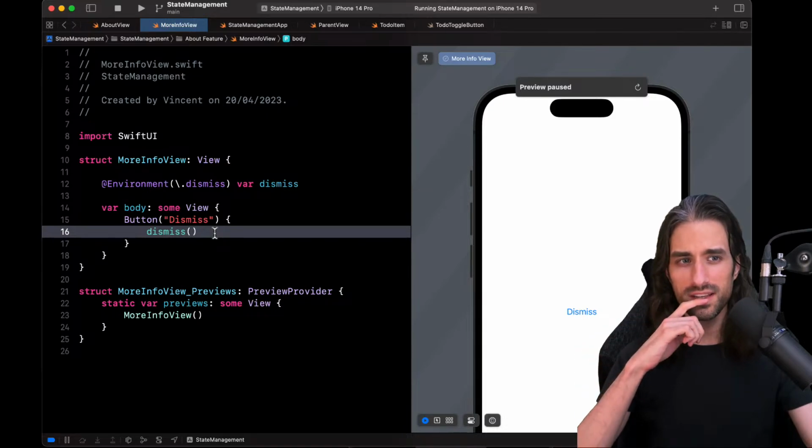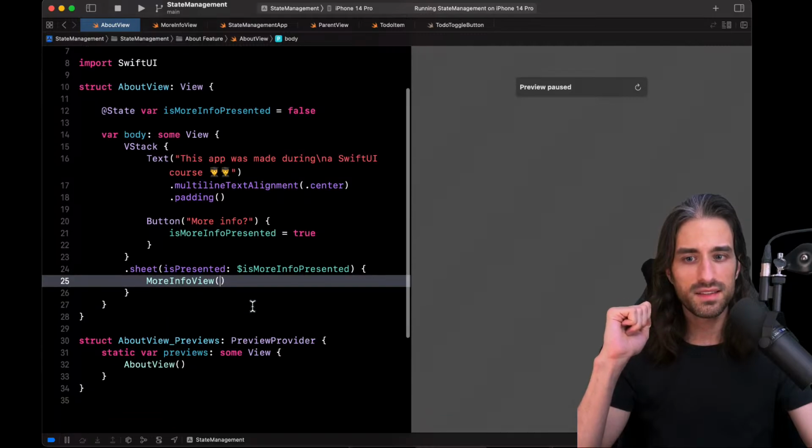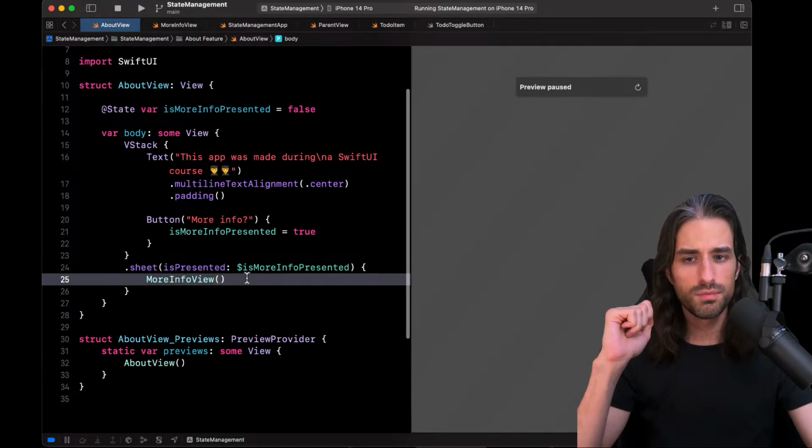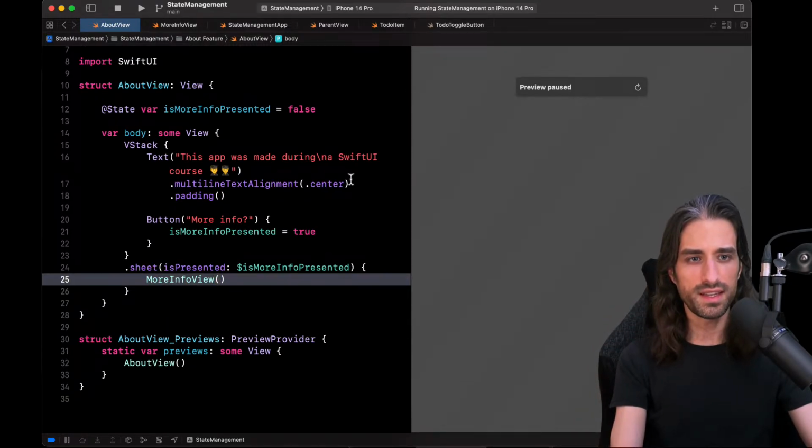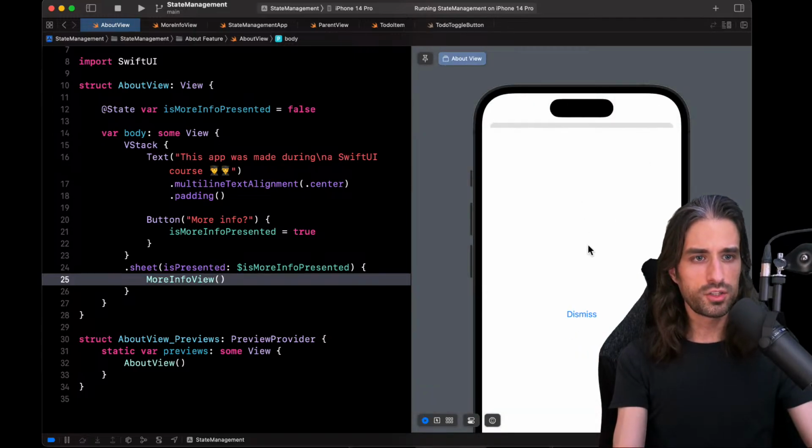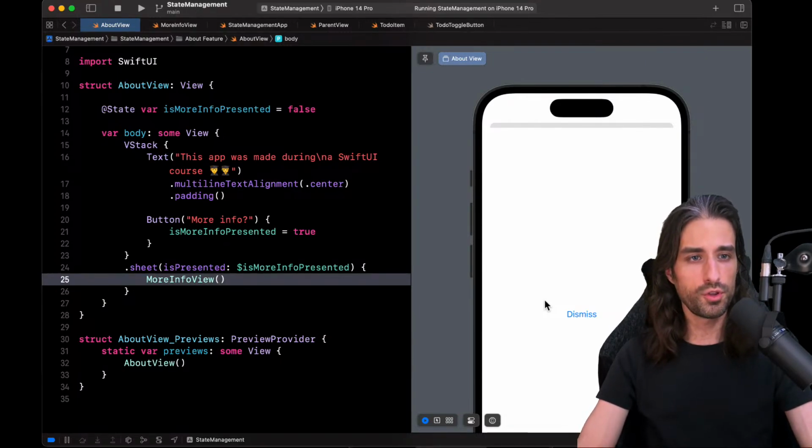I want to show you one last thing about modals, and it's the new iOS 16 APIs added to modals, which are called detents. So what are detents? You can notice that when I showed the modal, it took the full screen to display itself. But if you use iOS, you might know that it's not the case of all modals.